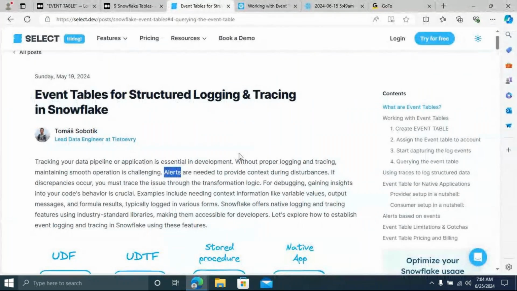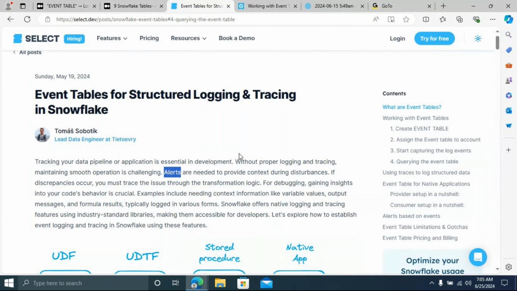See, if any discrepancy occurs in the pipelines, alerts will send a notification to the developers. Developers can debug, gain more insights and information about those exceptions, and then they will change the code behavior. It's crucial. That's why they are setting the alerts. It's a kind of notification if any discrepancy occurs, any database issues while doing some DMLs in transactions.